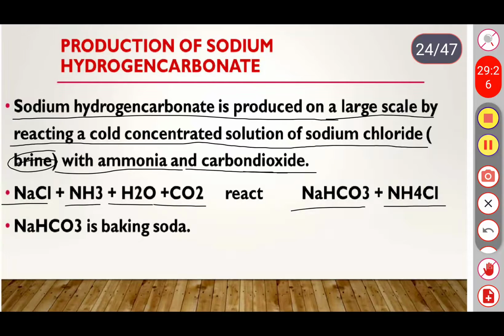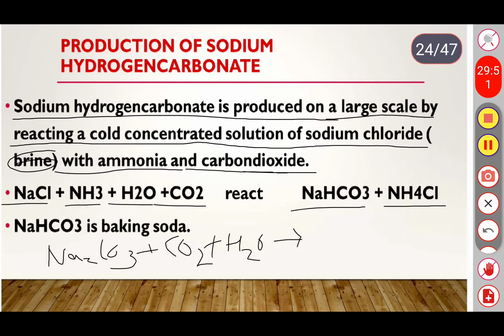It means we are obtaining sodium hydrogen carbonate from the compound sodium carbonate, Na2CO3. When it is combined with carbon dioxide along with water, we get a product that is 2NaHCO3. So it is in the form of a precipitate. So this is the formation or production of baking soda.